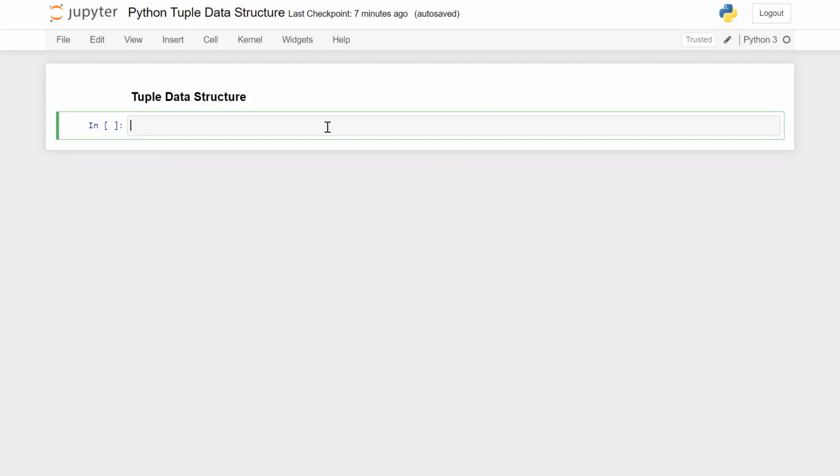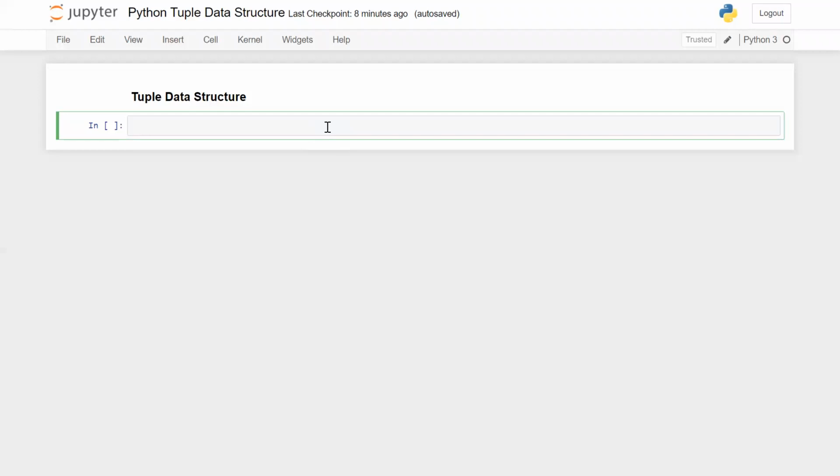If I'm talking about the difference between the tuple data structure and the list data structure: if you are working with a tuple, we cannot change the element of the tuple once it is assigned. But whereas in the list, elements can be changed as per our requirement. So this is the first difference. And the second difference is tuples are immutable data structures, while lists are mutable data structures. Mutable means we can change the element. Immutable means once you define it, you cannot change the element.